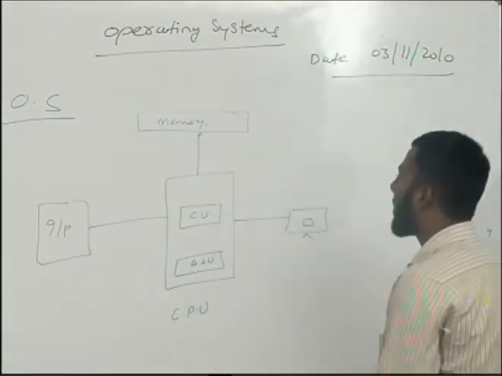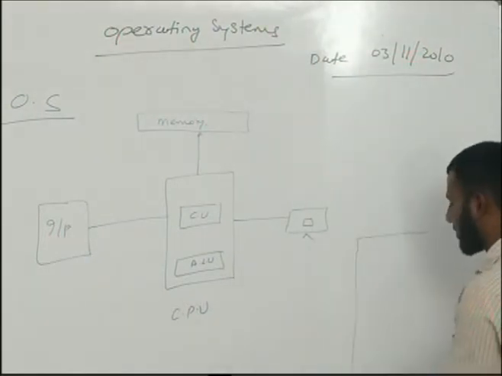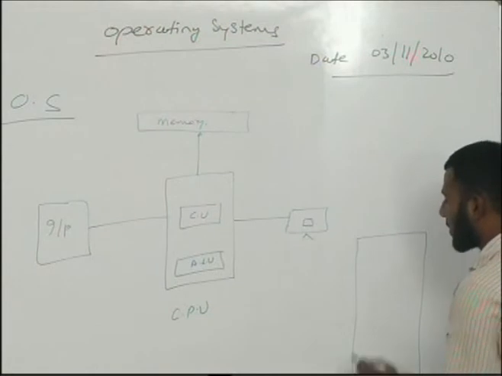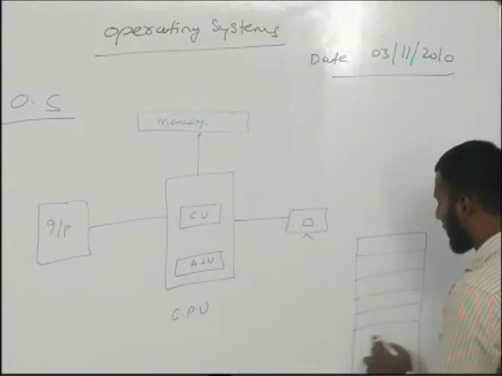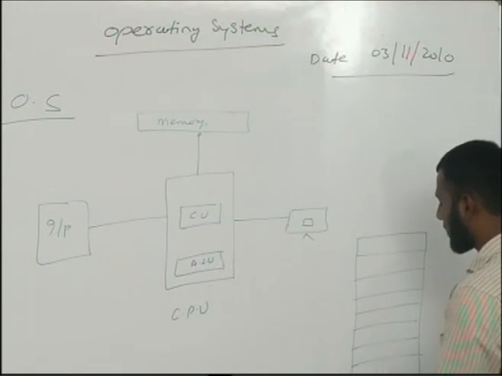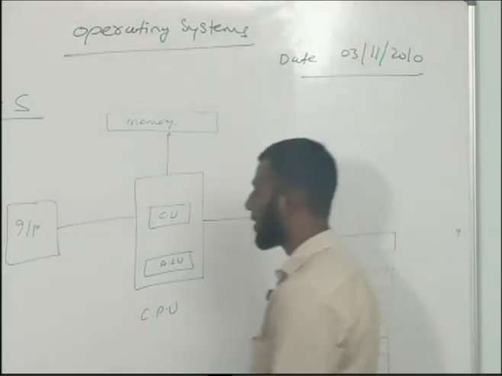Okay. What is memory actually? Memory is nothing but an array of words, and each word has a specific address. And whenever I write any program, for example, I have written a program